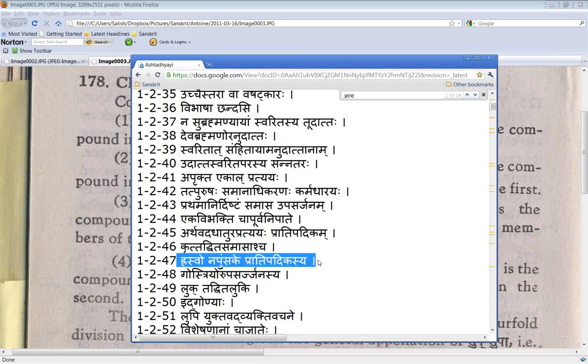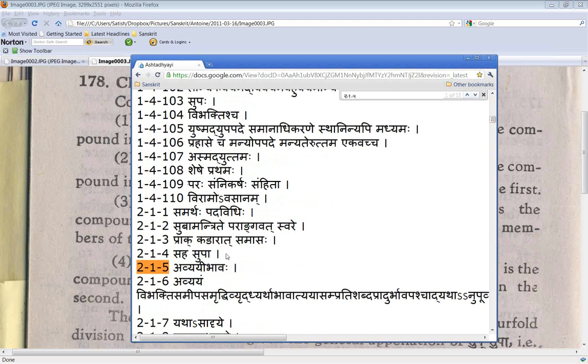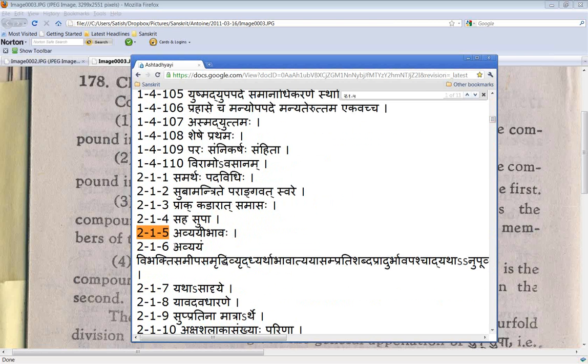One more thing I'd like to mention is that the main sutram for giving the avyabhava compounds is that an avyayam will be there as the purapadam, like yatha shakti, yathamati, and so on, which I just gave as examples. That avyayam will be compounding with something else. So if you want to look for an avyabhava compound, look at these telltale signs. Firstly, is the purapadam an avyayam? There are some cases where it comes after, but in many cases it is the purapadam.